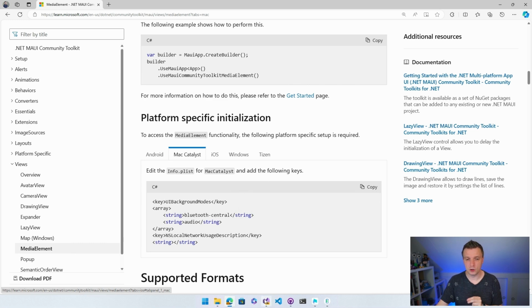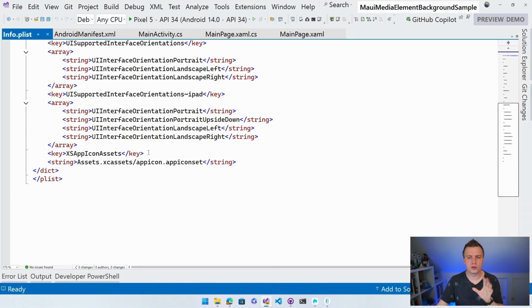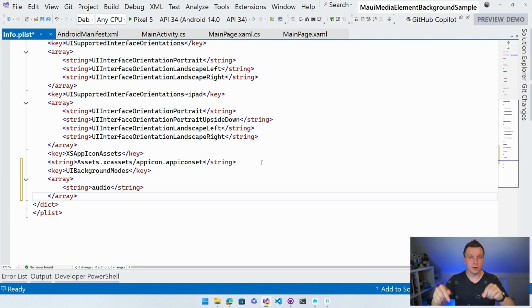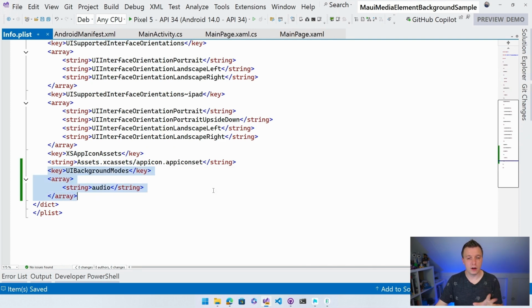So let's just go back to Visual Studio, add this. I'm not going to show you for macOS right now. I will make sure that the code is available in the sample repository that I attached to this video. The link is going to be in the video description so that you can look over it as well there. But, you know, it's also in the documentation. So, background modes, audio right here, we've got that.